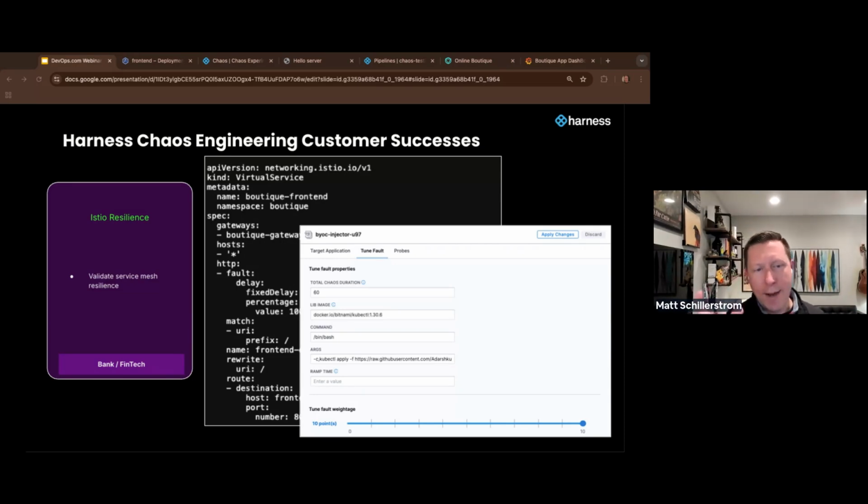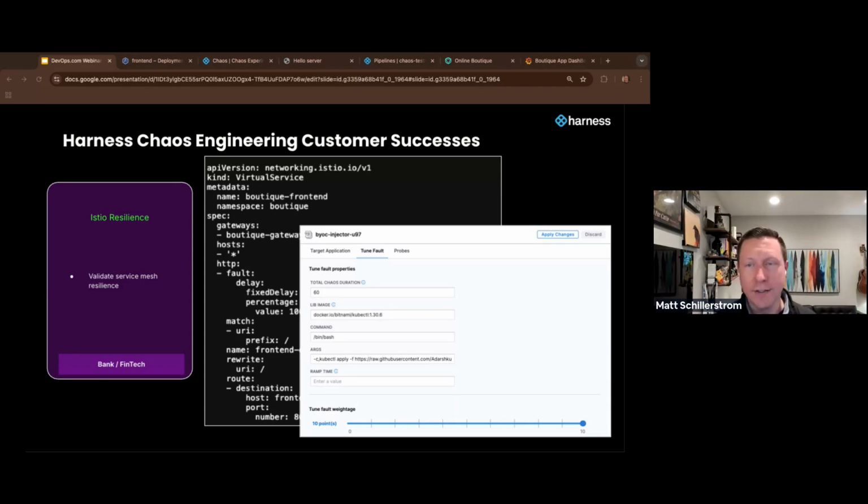But we can actually wrap that test in our pipeline so that you can create a pipeline that says, create a JIRA ticket, get approval, run this Istio test, and then let's score it too with a resilience score so that you're not just running the fault once a week and forgetting the results. You're actually correlating it to a score so you can test it.